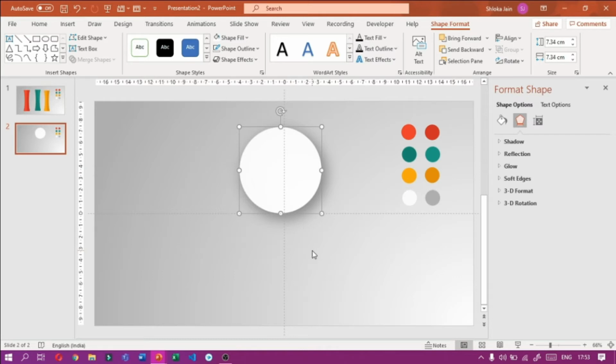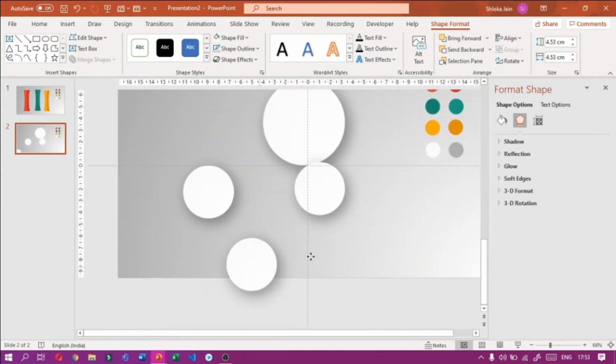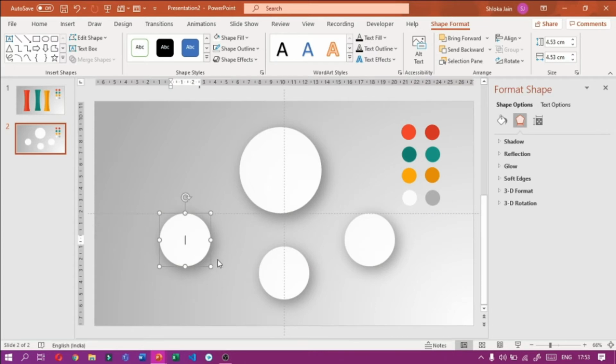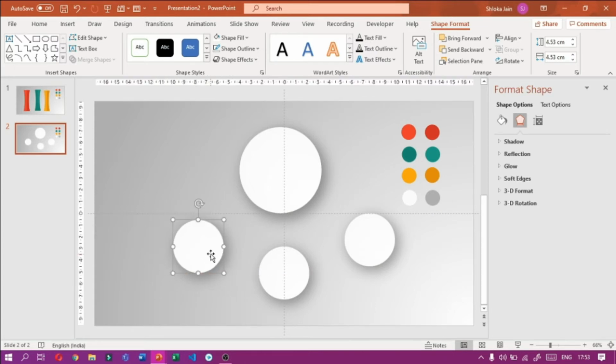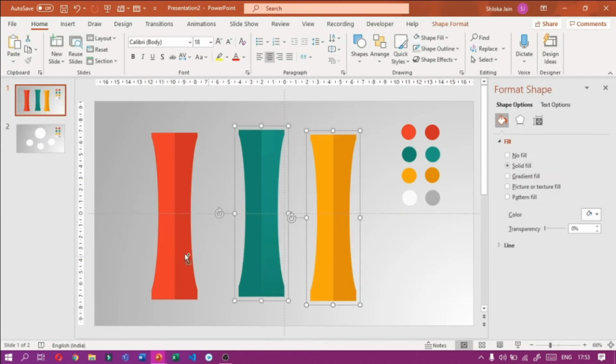Now I have to press Ctrl and D. Now I have to hold the shift button and decrease the size of this. After decreasing it, we have to make 2 duplicates of it. Now I have made 2 duplicates. So now what I have to do is copy them